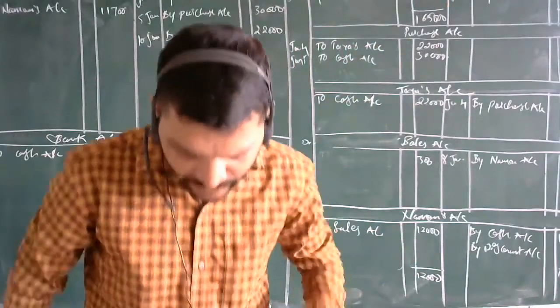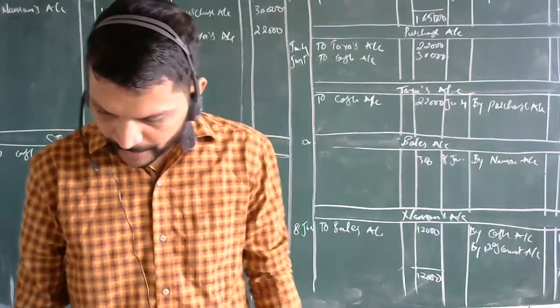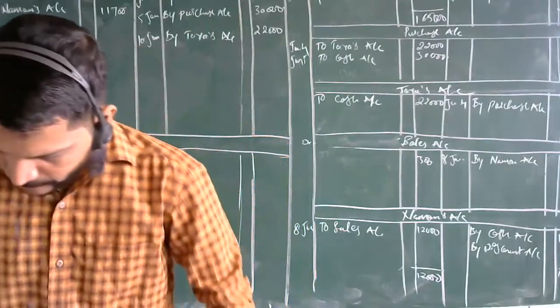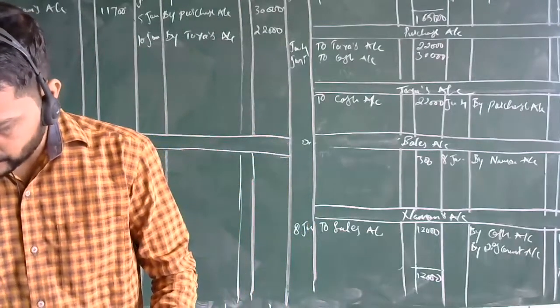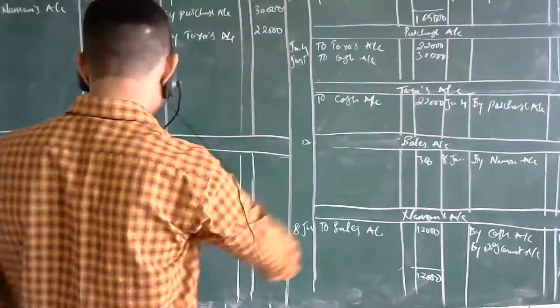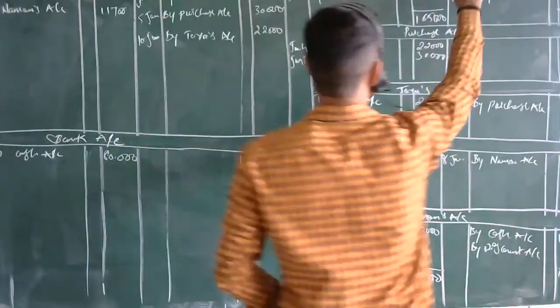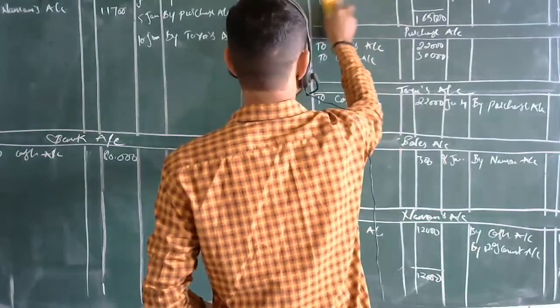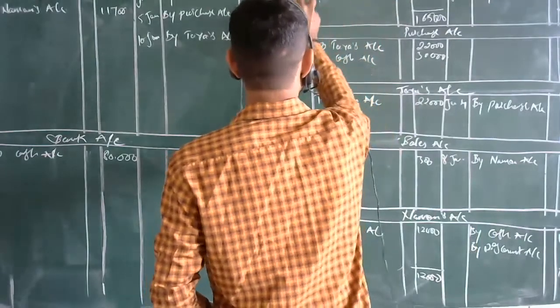So what is the next entry? Paid wages. Now paid wages means what? Specifically only 200 we are having here. Means here we are having only a single entry. So I will close this and open the wages account here. Okay. Did you all get the idea of what accounts we have opened here?